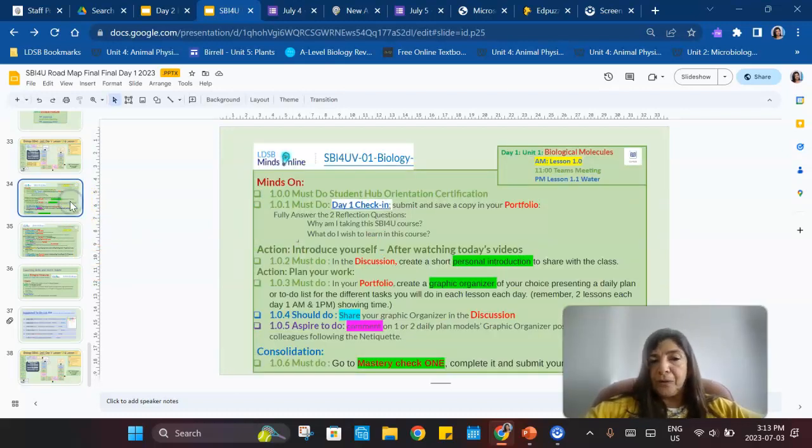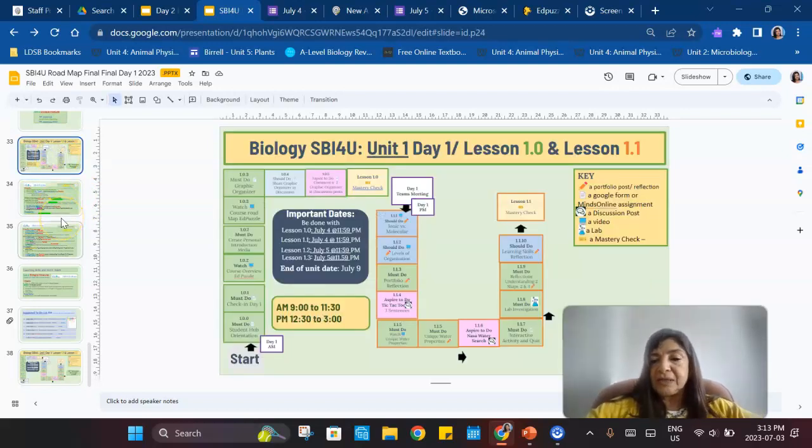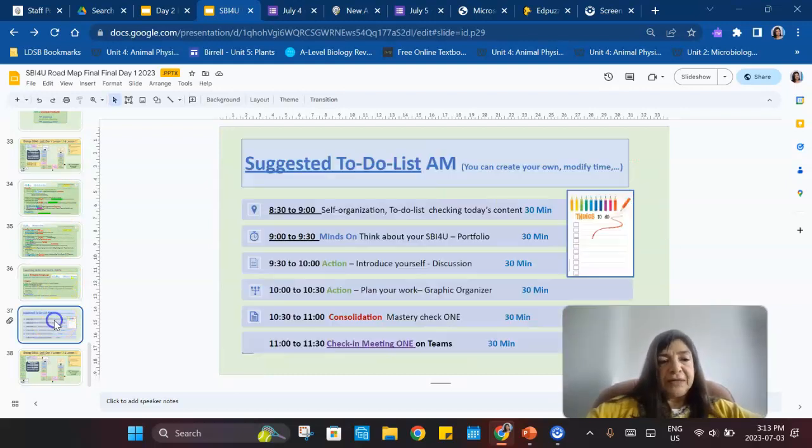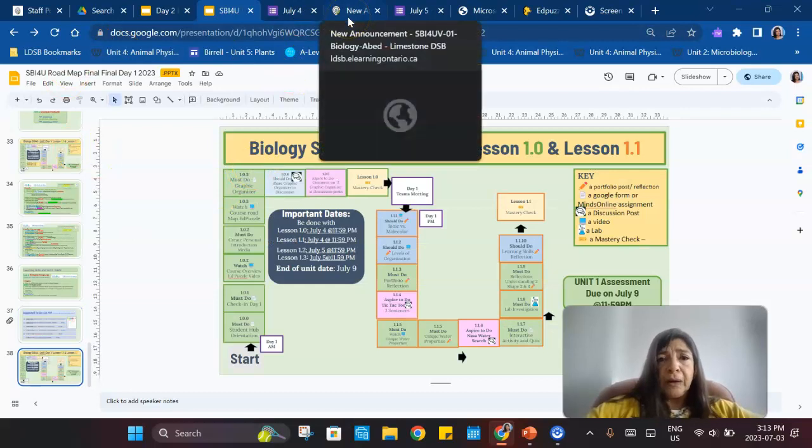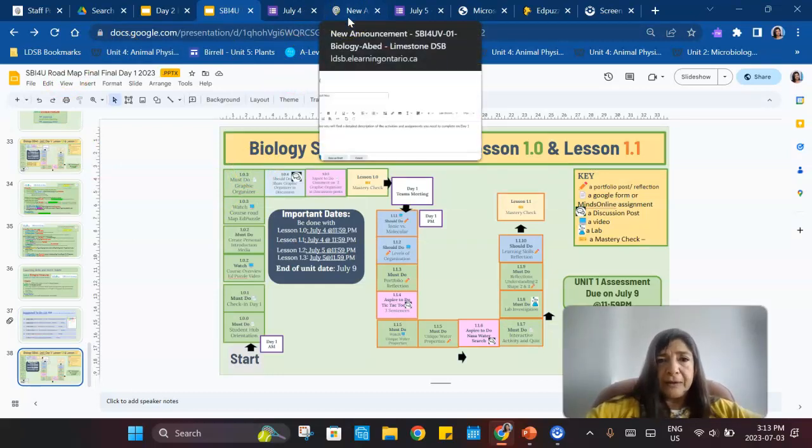This is another form for the checklist of the activities. I would print out one of these slides and use it as a checklist so that I can tell what I have finished, what I still have to do. And then finally, this is just a model for the to-do list that you can create. So if we go to our Minds Online,